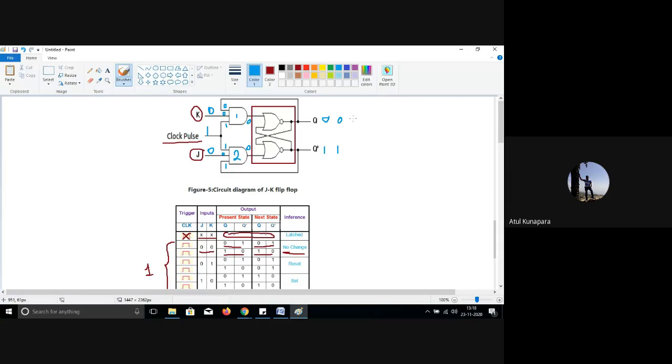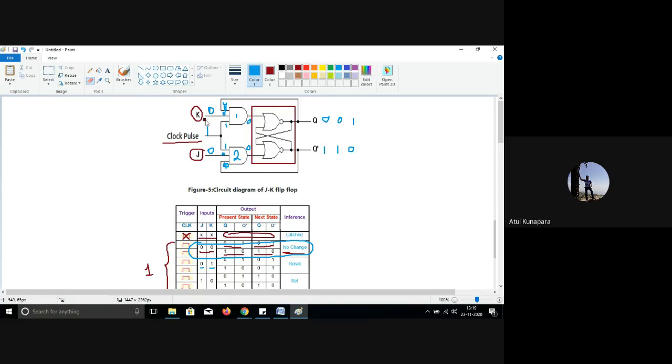And if the output was previously 1 and 0, then this 1 will come here and this 0 will come here. Then also the outputs of AND gates 1 and 2 will be 0, 0. So there is no change. That is the condition we are talking about in this first case: if your J and K are 0, 0, then whatever your output state, whether it is 0, 1 or 1, 0, that will remain the same. No change will come. But if you keep J equal to 0 and K equal to 1, then it is going to